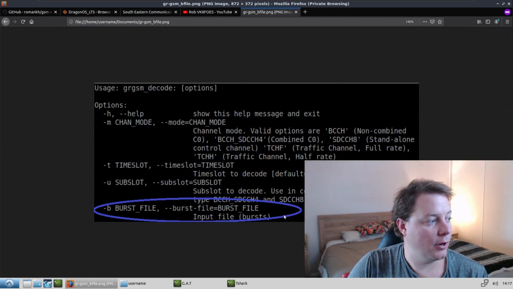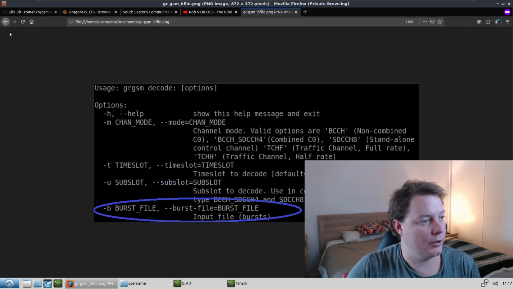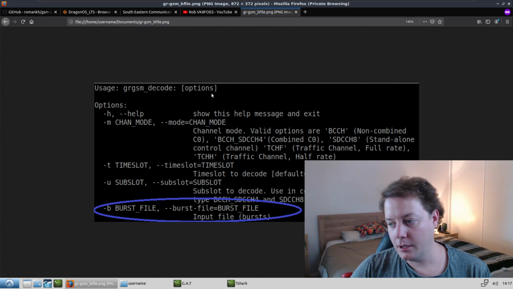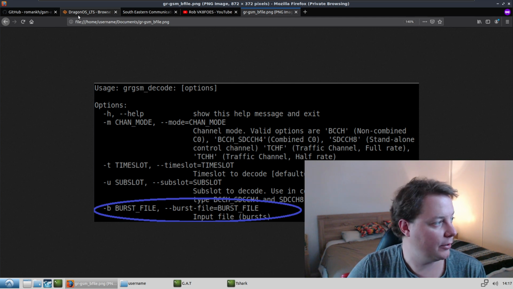And here's the help file of GR-GSM, and you can see that the decoding functionality of B files still exists in there somewhere, even though it's been removed from the capturing utility, unfortunately. I'm not sure what the reason for that is. I'm sure there is one, but